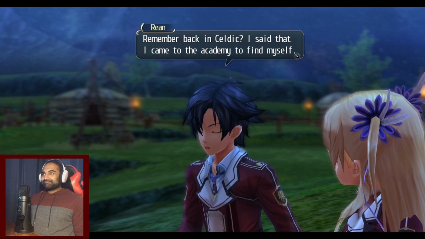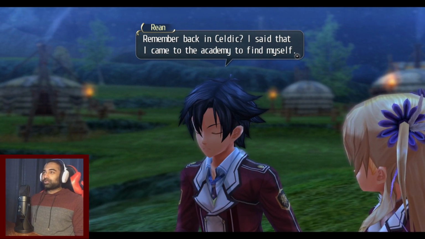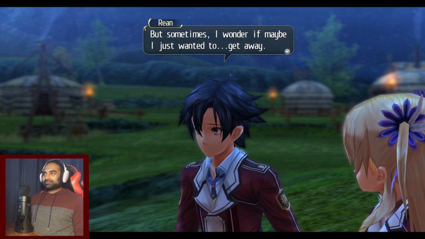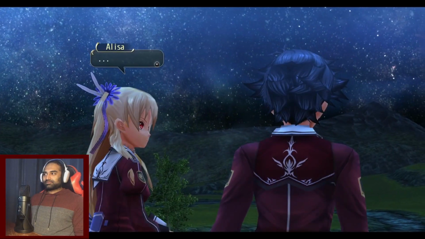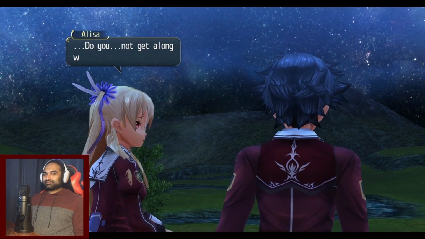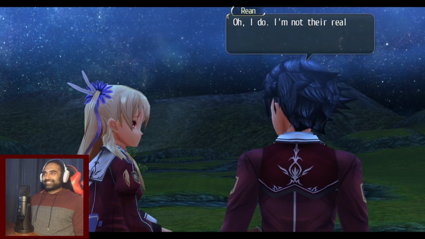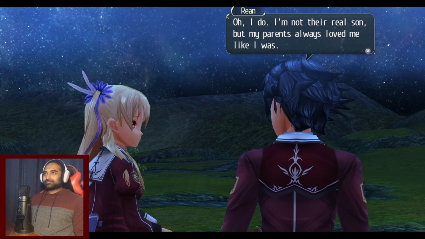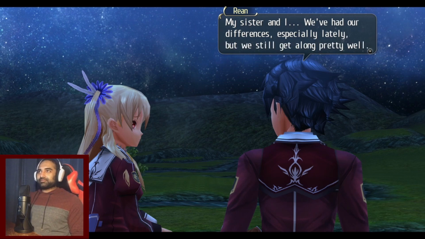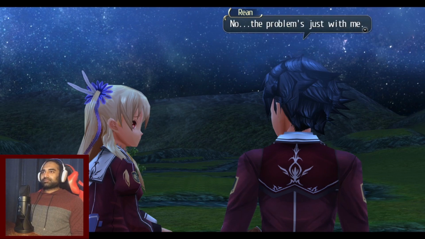前に自分を見つけるなんてかっこつけた言葉を言ったけど、We're quite a ways away from that moment, but once that happens, ooh. 本当はただ逃げてるだけじゃないかって不安に駆られる時がある。家族からも自分自身からも。そのご家族とあまりうまくいってないの？Oh, it's not that. いや、血はつながっていなくても両親とも俺を慈しんでくれている。妹とは最近すれ違いが多いけど、まあ仲は悪くはないと思う。全部俺自身の問題なんだ。